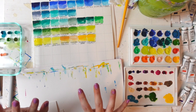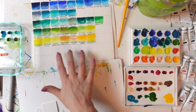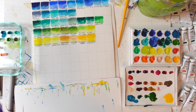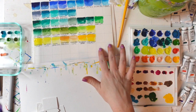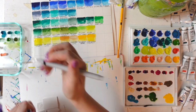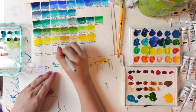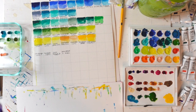Okay, now I want to get into more of my oranges, my reds. Maybe I just start with my oranges and then do reds, because I have so many rows. Yeah, and then, yeah, I think that's better. Then I have some extras. Let's start with cadmium orange. I need to write these down. Okay, so let's do our oranges and then we'll move into the reds, because we really do have a lot